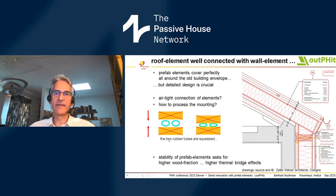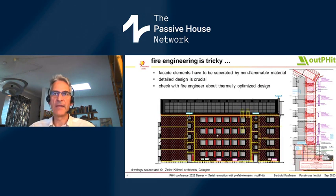The thermal bridge effects would be a little bit higher, and you have to account for that in PHPP. Please be careful. Another point is fire engineering. This is a little bit tricky, as you have to be very careful. In that example, you see the facade has to be separated by non-flammable material